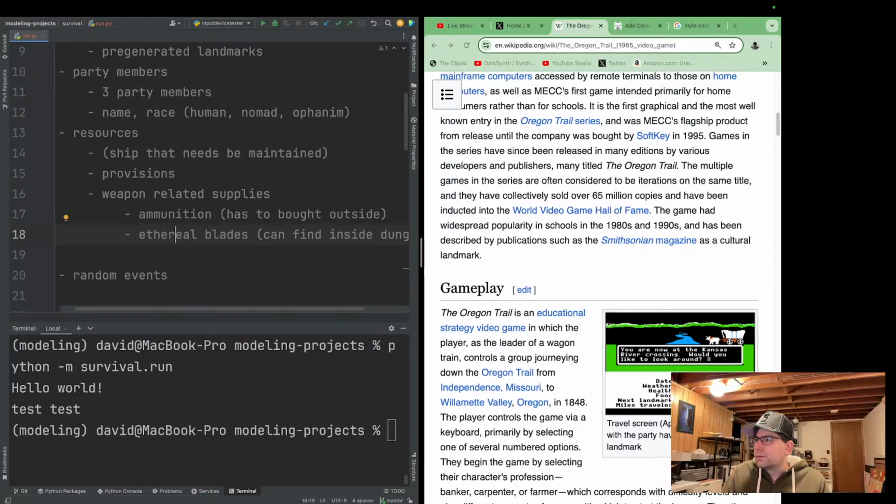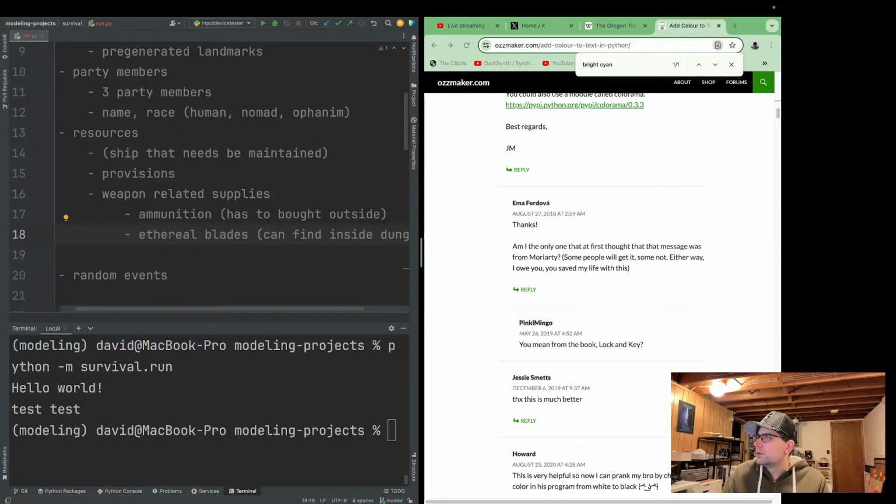Part of the fun of building a game like this is that you're looking for opportunities to add flavor to something in a simple way.